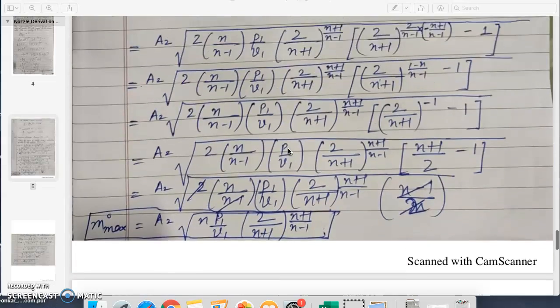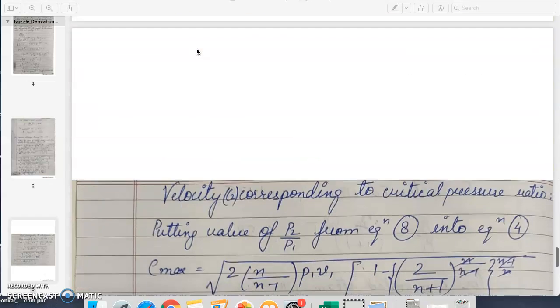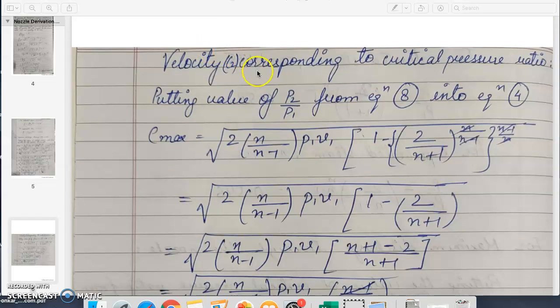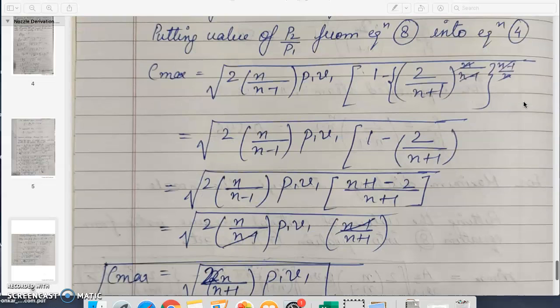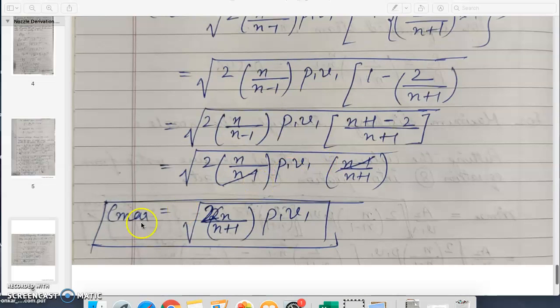Now similarly, as we have calculated this maximum mass flow rate corresponding to the critical pressure ratio, we will also need to calculate the velocity corresponding to this critical pressure ratio. So velocity C2 corresponding to the critical pressure ratio will be obtained by putting the value of P2 by P1 from equation 8 into equation 4. Equation 4 is the value of C2 in terms of others, which we have calculated earlier in this video. Now putting the value of P2 by P1 equal to 2 upon n plus 1 raised to the power n upon n minus 1, which is the critical pressure ratio, we get this thing,